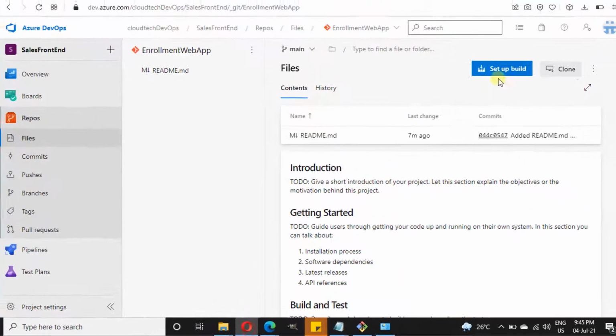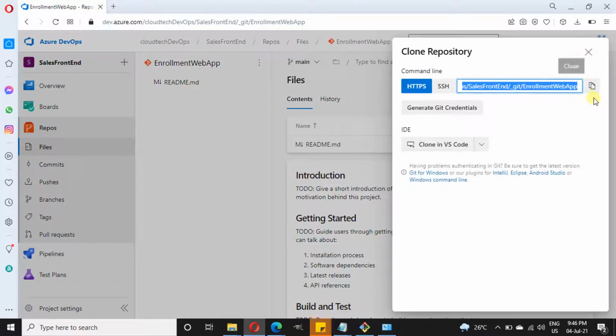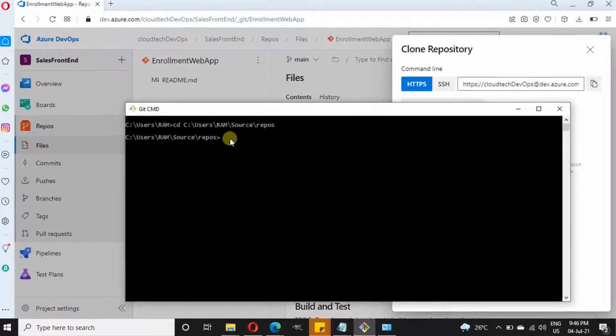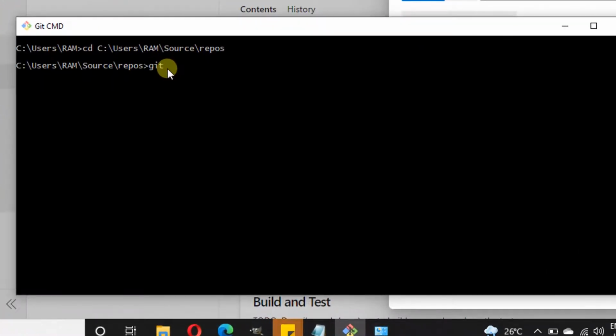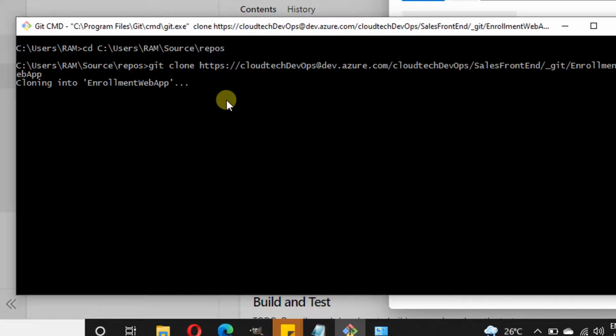Now go back to portal, click on clone and just copy this URL. Now come back to Git bash, type the command git clone space and the URL which you have copied from the browser, just execute it. This will start cloning.